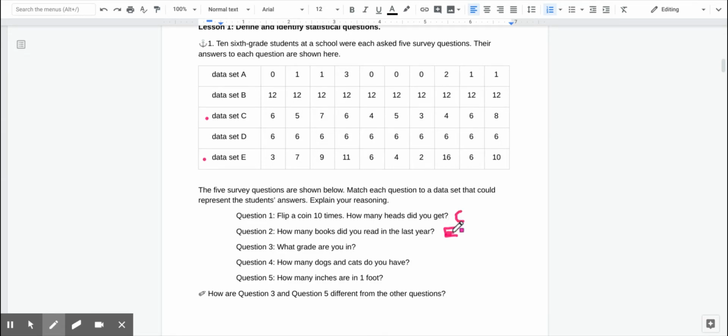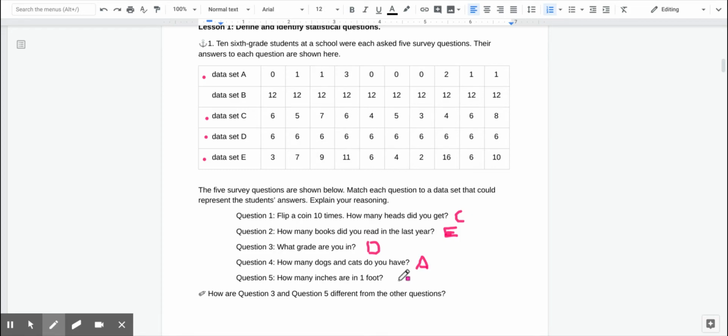for question 2. What grade are you in? Well, we're told that this survey was given to 6th graders, so it's got to be data set D, because they're all going to answer 6th grade. All right, how many dogs or cats do you have? I only have 2 options left. One has all 12s, and one has numbers from 0 to 3. I think that data set A is the best